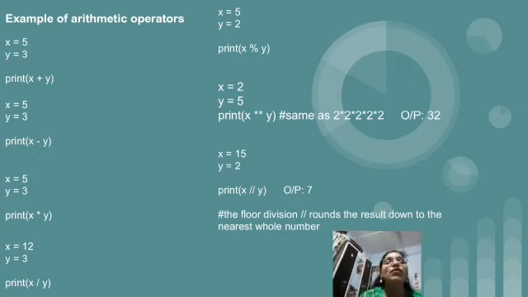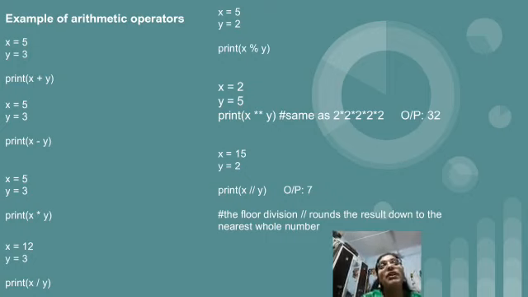After that we have the floor division operation. It will perform division only. Like we have x equal to 15, y equal to 2. When we try to divide 15 by 2, 2 sevens are 14, and after that the remainder is 1. If we put 0, then we place a dot after 7. So 7 point 5. We will get 7.5 as the proper division result.